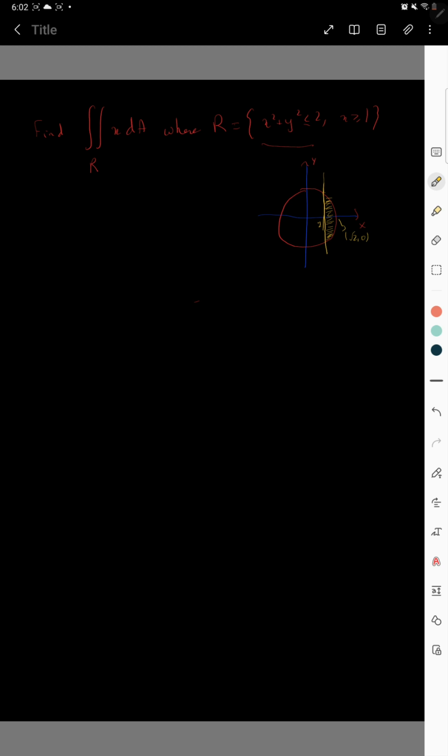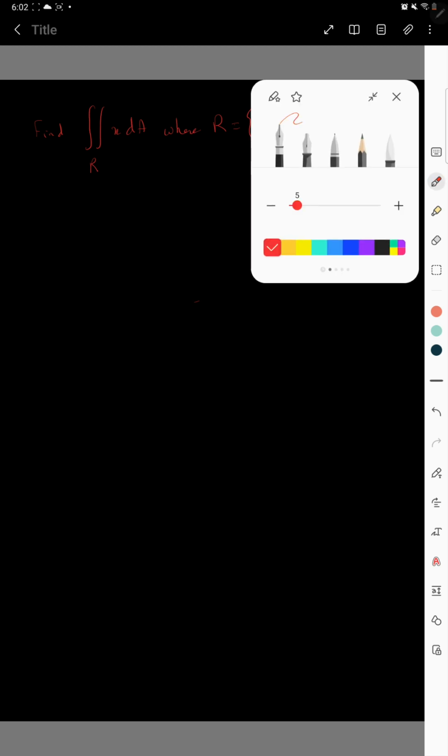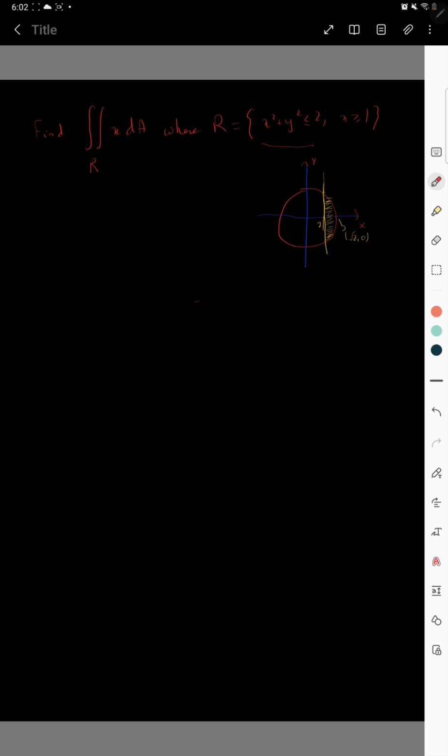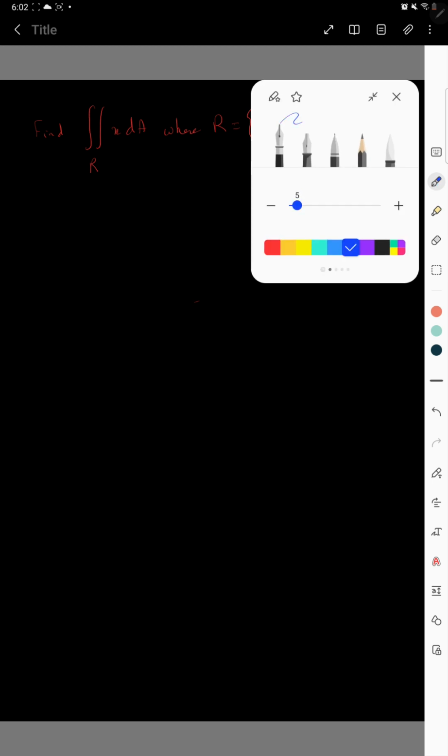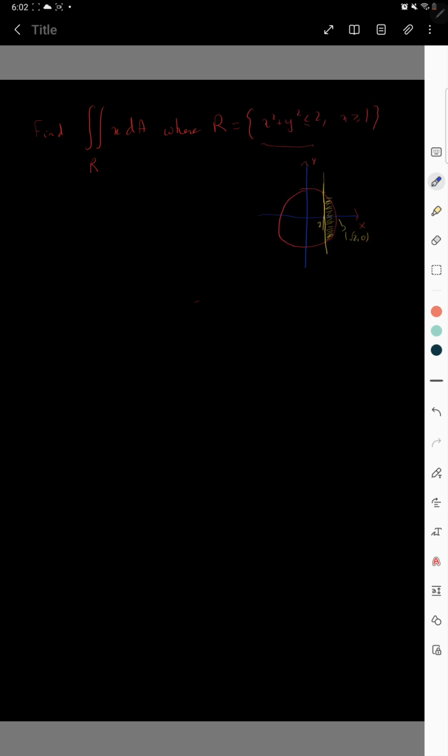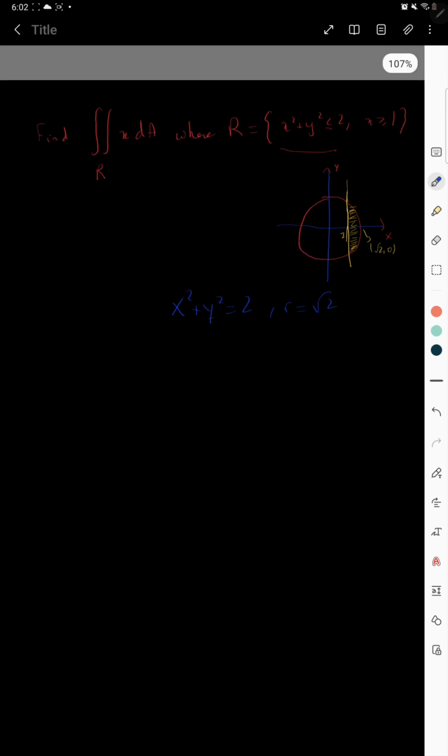Now, of course, we could describe that in regular coordinates, perhaps, but the idea would be to use polar coordinates. I think it's a better idea. So let's try that. Now, the circle x squared plus y squared equals 2 can be represented by r equal to square root of 2, whereas the line